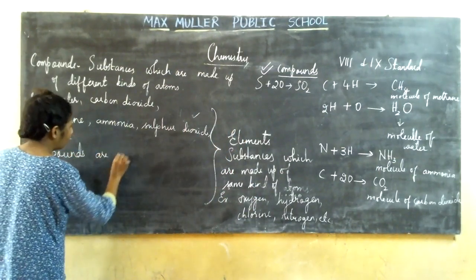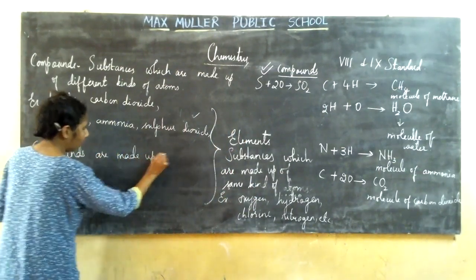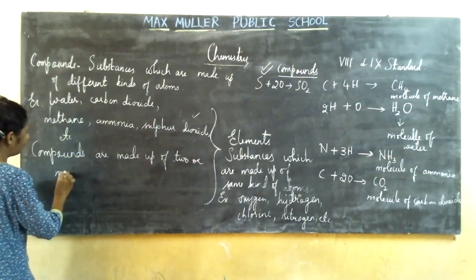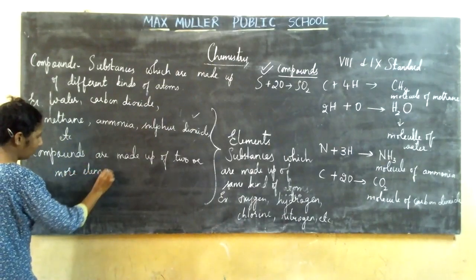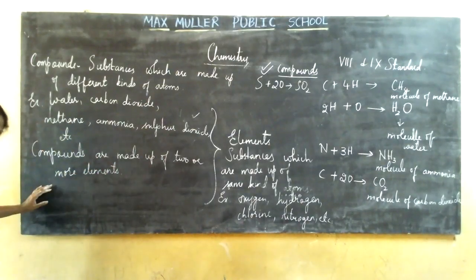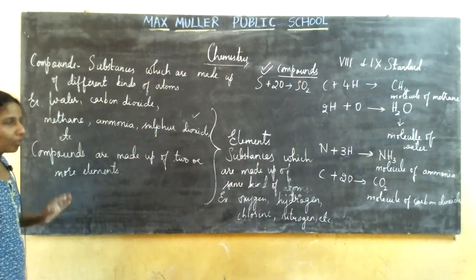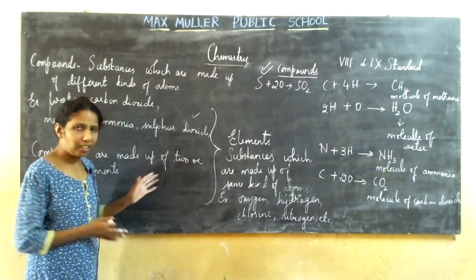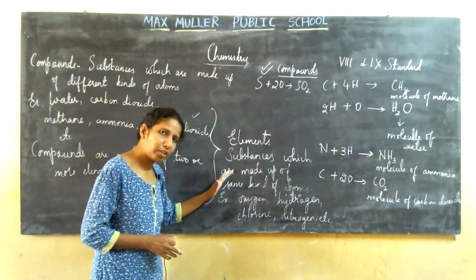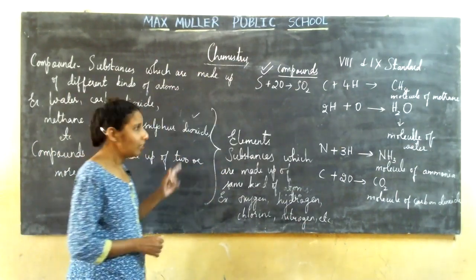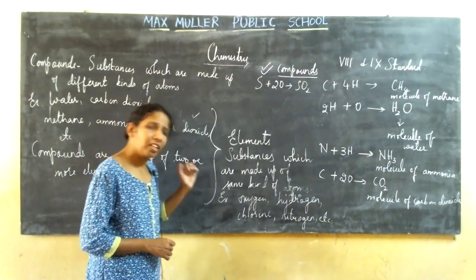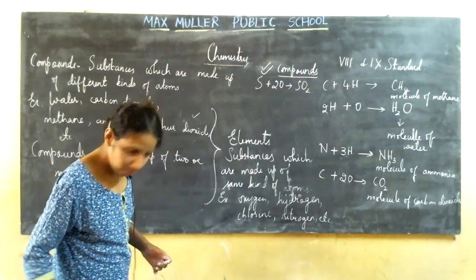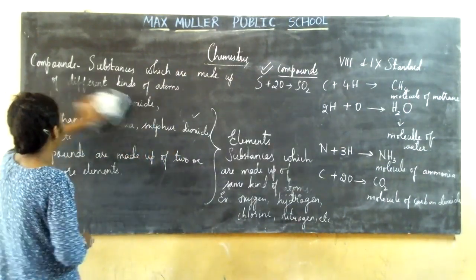Compounds are made up of two or more elements. Do people understand this? Hope you people have understood. Okay, so remember, you all should know and not just remember at that particular time and forget it. Elements, they are the substances which are made up of same kinds of atoms. Thus compounds, they are the substances which are made up of different kinds of atoms. And now there are few examples we will take up. We will discuss.